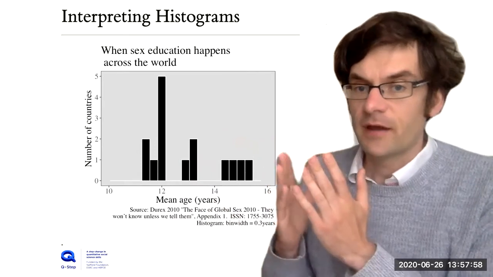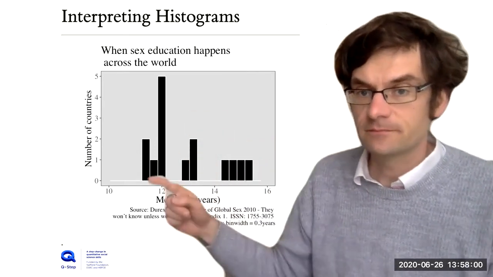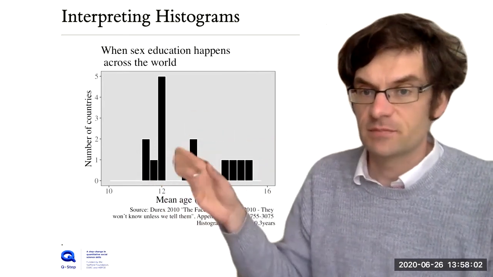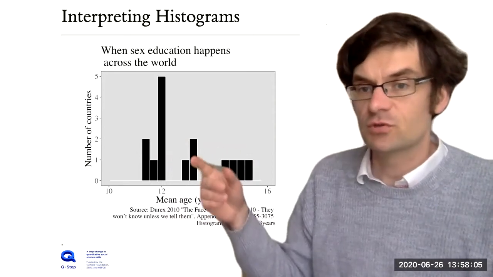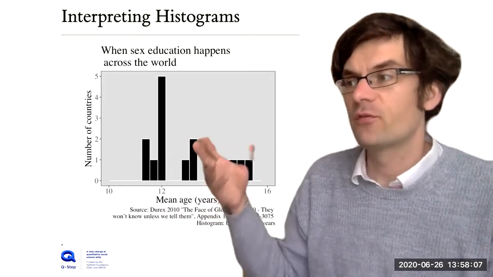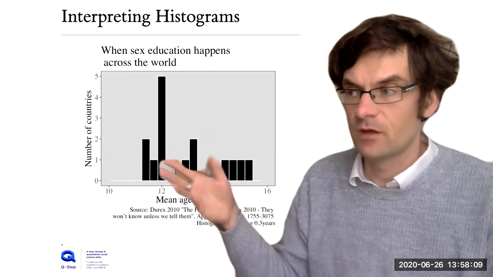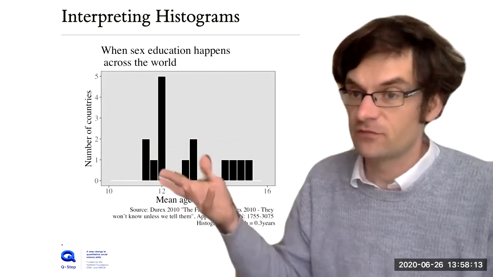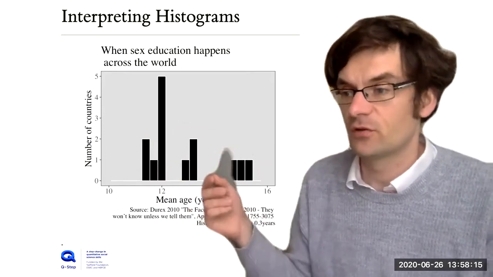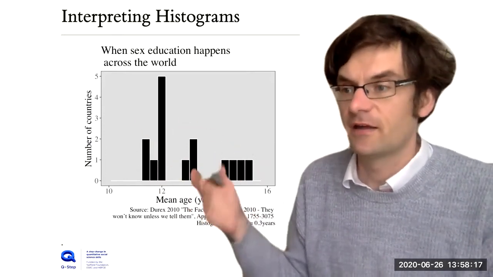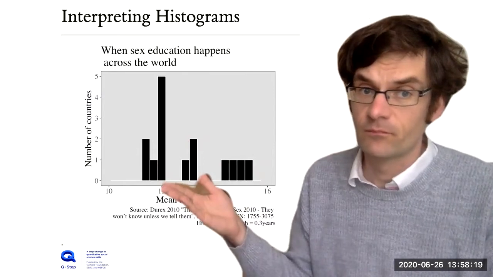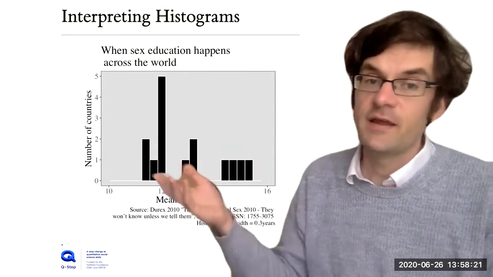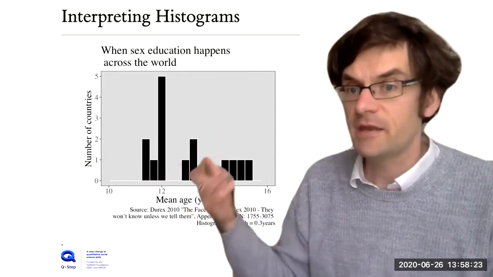And we want to look at the shape of the distribution and the center in particular. The center of the distribution tells us what's the most common value. You will have relations to that in descriptive statistics with actual values. But here, for example, if you look at the range around 12, well, that's the most common value. This relates very closely to the mode, the median, and the mean